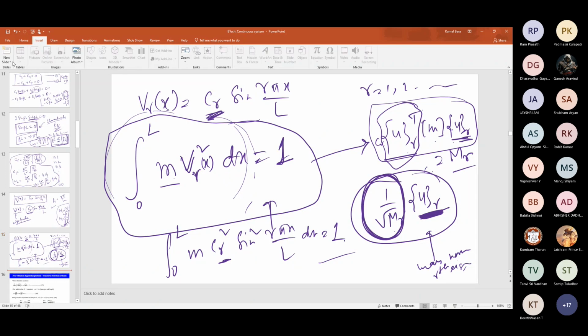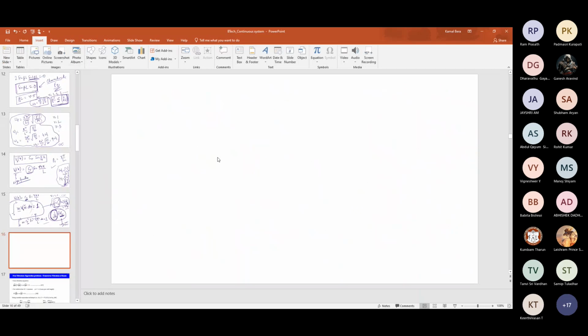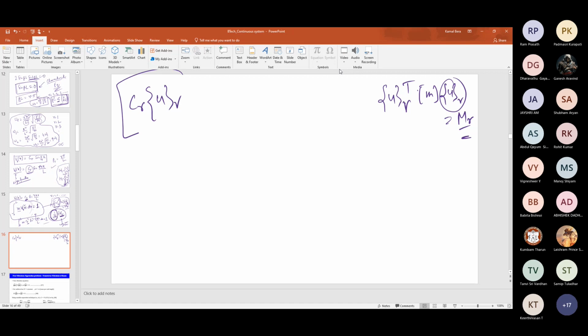Who did not understand? Let me explain again quickly. For the multi-degree of freedom system, you know that U_r transpose M U_r gives some value M_r, the modal mass. Let us say I have to multiply my mode shape or eigenvector by a factor C_r to get this equal to 1. That is the mass normalization: U_r transpose M U_r equals 1. This vector will give you the mass normalized r-th mode shape.